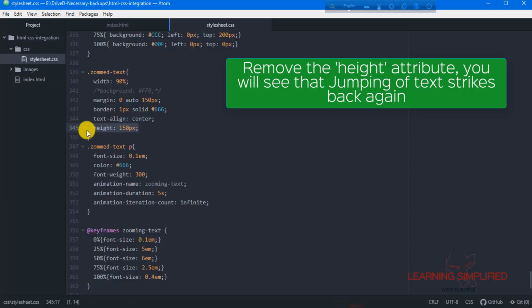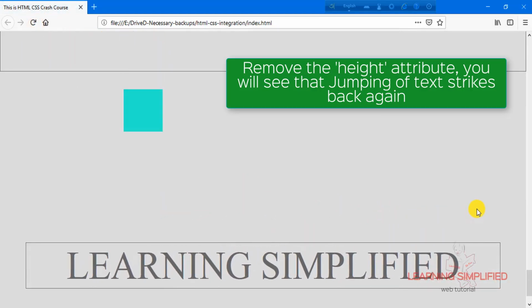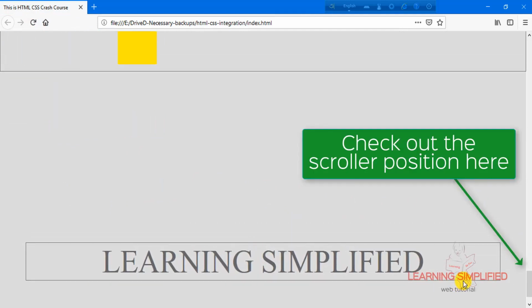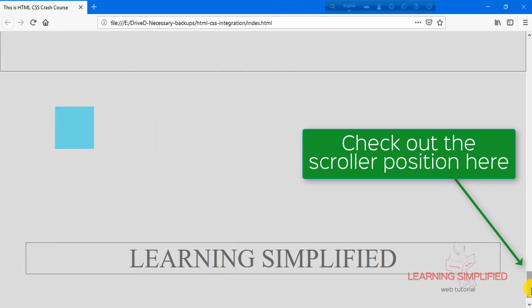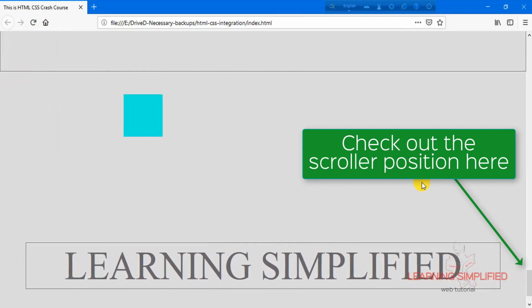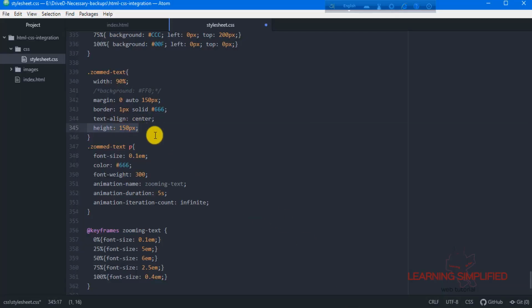If we remove this height attribute from here, save, get back to our project and reload, we will see that the floating is recurring, and everything has a little bit of floating in its position. So to prevent that, we need to add this height attribute, and you may provide any possible value.